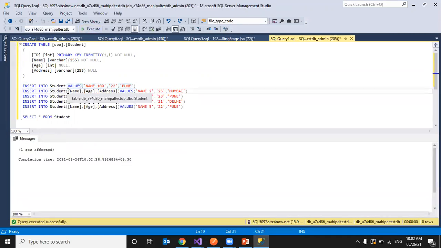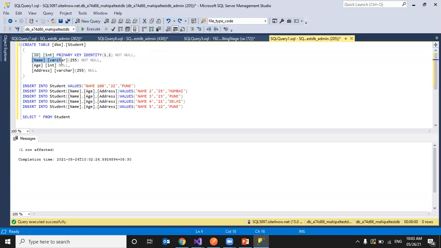I did not mention what columns I'm inserting, rather directly specifying the values. I have 3 columns. This ID is primary key and identity. It will automatically increment the last value by 1. It starts with 1 and increments by 1 each time we insert a record, so no need to specify this.